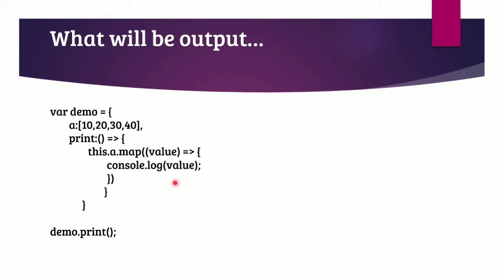In this particular question, we have been given an object named demo. There we have one property named a with some value, and then we have a method named print. In this print method, we are trying to access this.a. But yes, it is an arrow function. So at this time, this.a will not point towards the current object. Instead, it will point towards the window object. That's the reason here we will surely get an undefined.